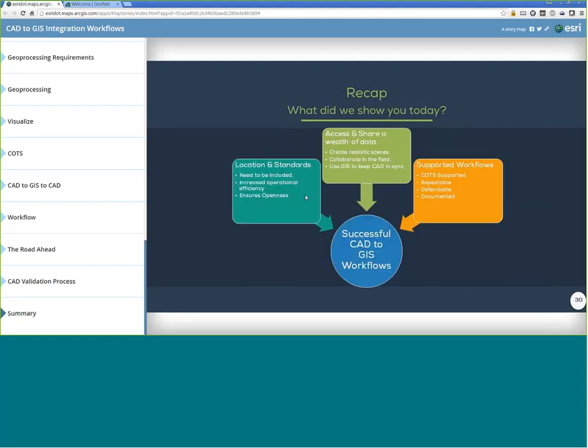So to summarize today, I showed you three things that really matter when bringing CAD to GIS. The first is location and standards. The CAD files have to be location aware, and we've got to have standards. That's going to ensure that it's easy for me to migrate the data to geodatabase, to GIS. I need a way to access and share this data. So I want to be able to create realistic scenes. I want to collaborate in the field. And I want to use GIS to keep CAD in sync. Finally,